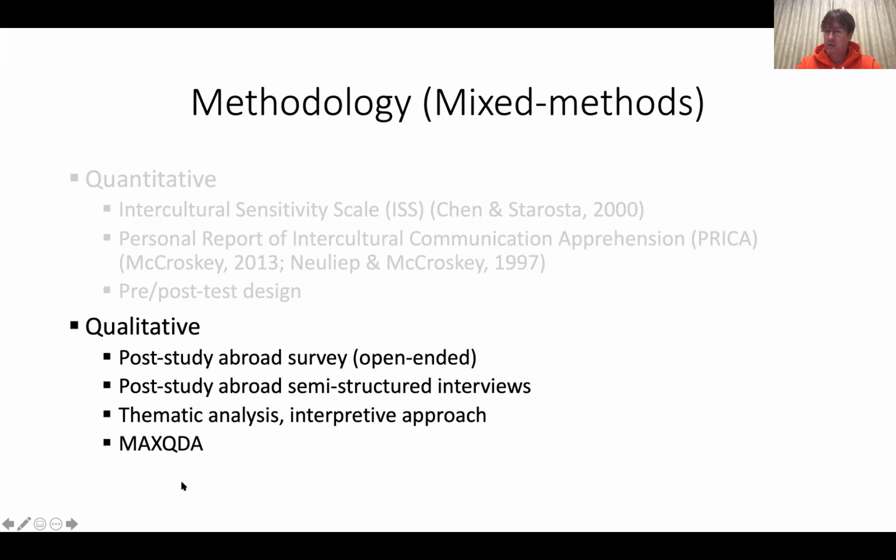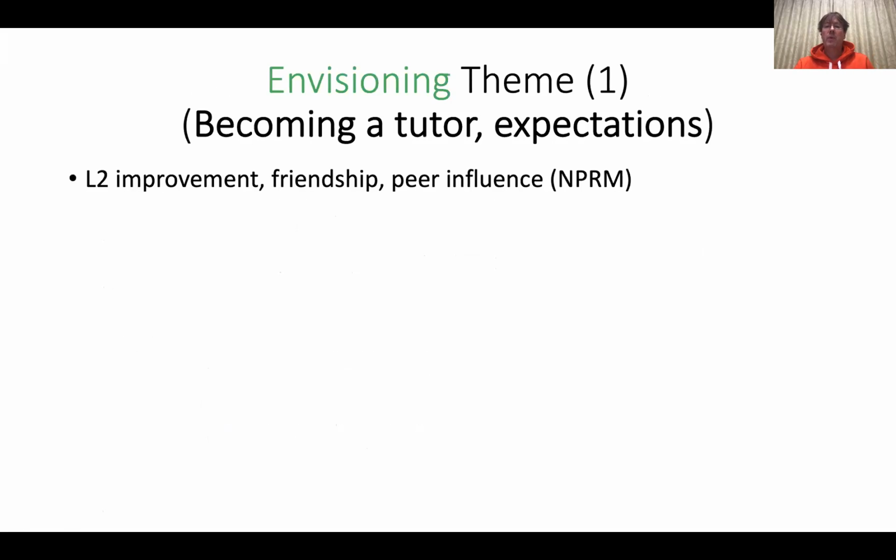I did verbatim transcriptions and I coded it within this program and then looked for the various themes that emerged and used thematic analysis and an interpretive approach to look at the various results. So there were 3 main themes that emerged, and I'm going to look at each of these themes with you briefly, and also the sub-themes that connect to them and provide some illustrative student quotes, which I'll invite you to